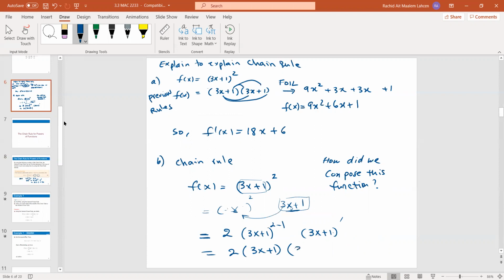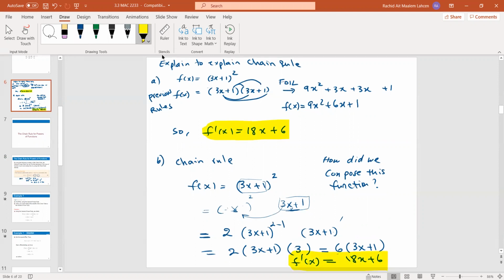Derivative of x is 1, so 3. The derivative of 1, a constant, is 0. So it will give us a 6, 2 times 3, times 3x plus 1. Distribute, you get 18x plus 6. And as you see, the two